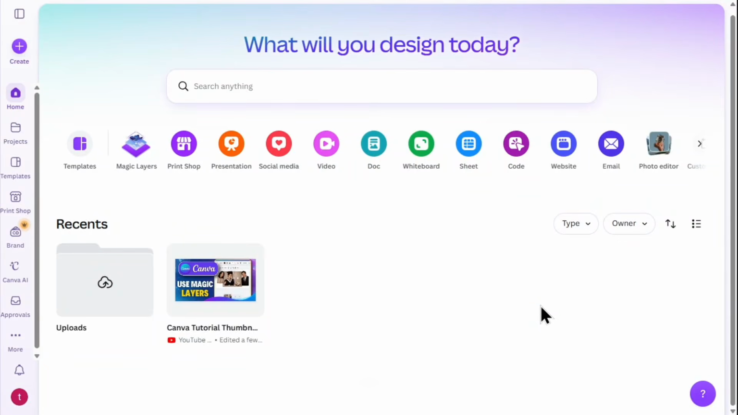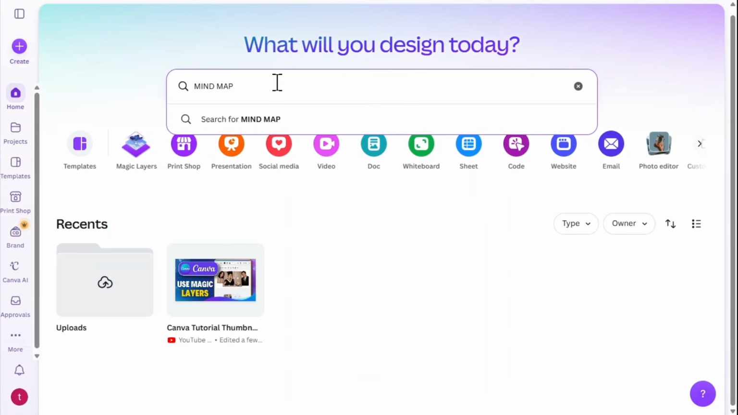In this video, I will be showing you how to make a mind map in Canva. Let's get started. First, I start on the Canva homepage. I head over to the search bar at the top, type in mind map, and press enter to look for